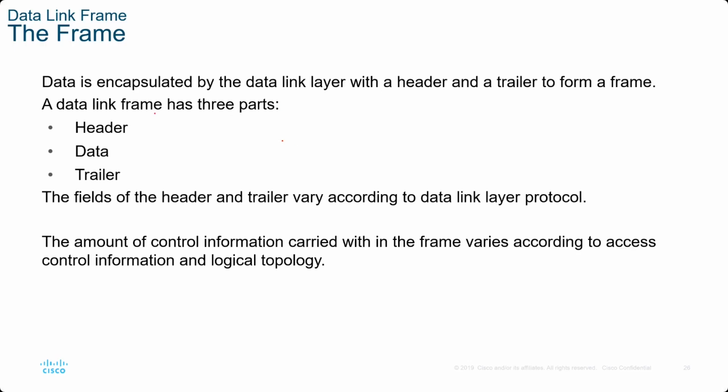Now that you know these things, we can finally talk about the frame. What does the frame look like when the data link layer creates and encapsulates anything that comes from the upper layers? A frame includes the data in the middle, which comes from layer 3. If you remember encapsulation, at layer 7 you create data, and it keeps going down and is encrypted by layer 6, then layer 5, then layer 4, and eventually layer 3, where we had the